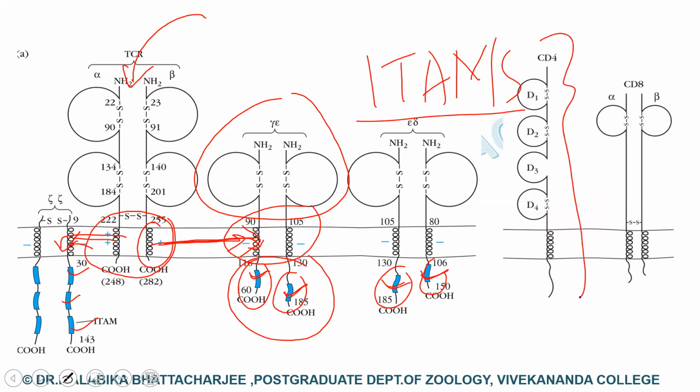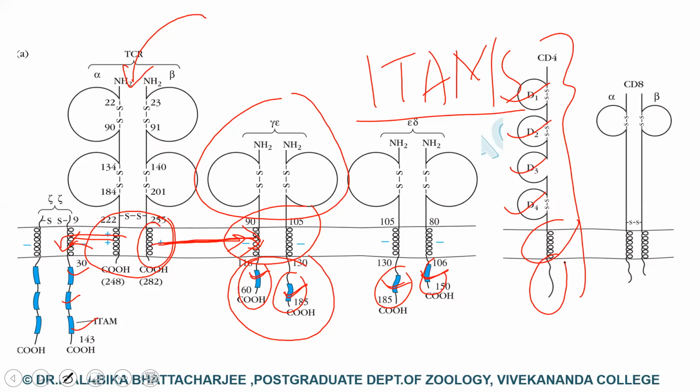Look at the structure of a CD4. CD4 is a 55 kilodalton monomeric membrane glycoprotein that contains 4 extracellular immunoglobulin-like domains D1, D2, D3, D4, and a hydrophobic transmembrane region and a long cytoplasmic tail containing 3 serine residues that can be phosphorylated. So the CD4 signaling can be done through CD4 itself.